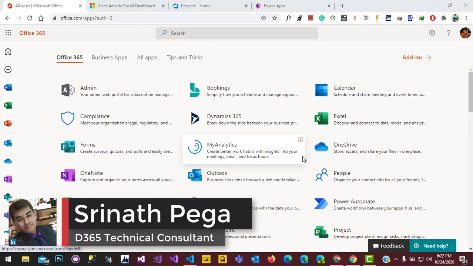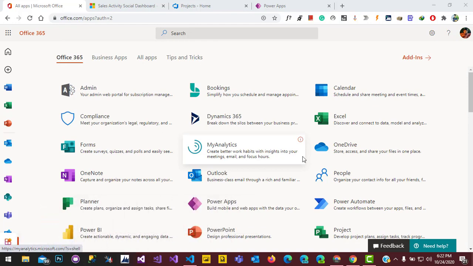Today we will learn how to set up a service account in Dynamic 365. The service account helps to export and import the solution from one environment to another environment with the help of Azure DevOps. Service accounts are basically non-interactive accounts which don't hold any Dynamic 365 application license. So we'll see how to set up a service account for Dynamic 365.